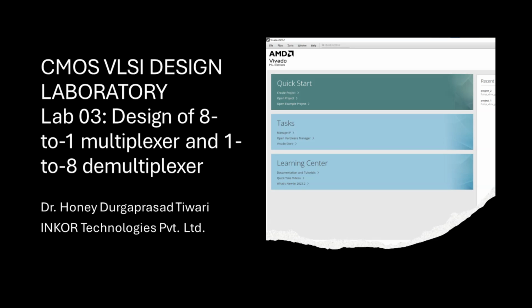Today we are diving into an exciting project using Xilinx Vivado where we'll be simulating a lab experiment for the design of 8 to 1 multiplexer and 1 to 8 demultiplexer. This experiment is part of the CMOS VLSI Design Laboratory for BTech, 3rd year, 2nd semester. Following the JNTUH curriculum for ECE students, we'll walk you through each step of creating a Vivado project for this